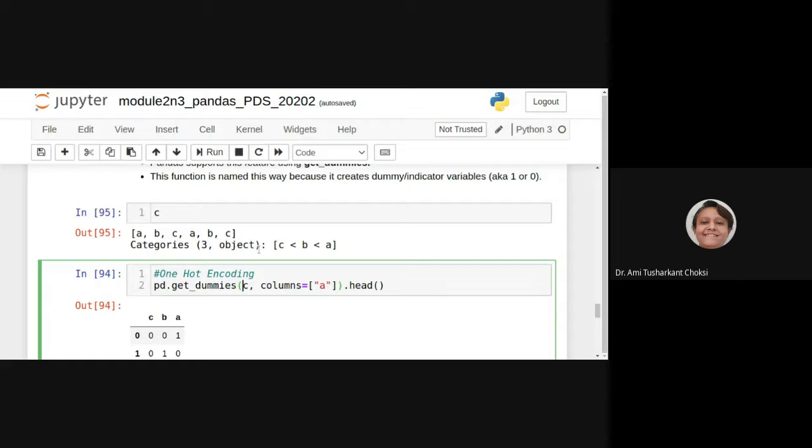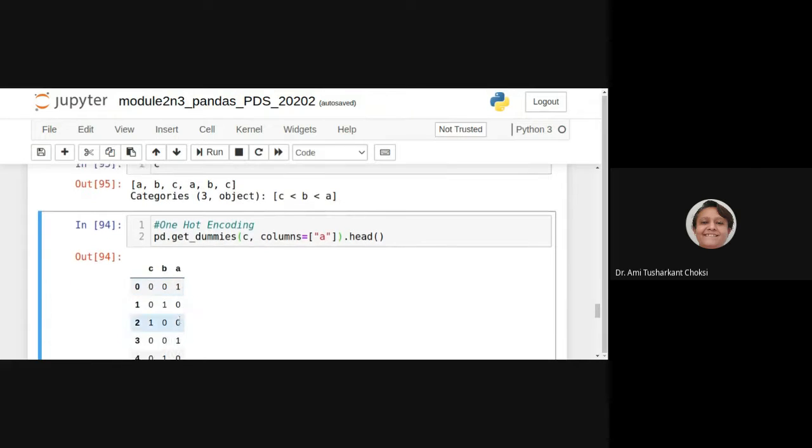It is not having anything like ABC, where 1 is there. Where A is there, it puts 1 in A, where B is there, it puts 1 in B, where C is there, it puts 1 in the C column, right?